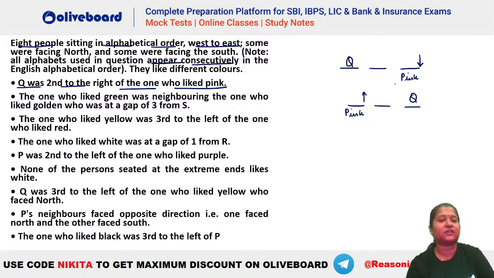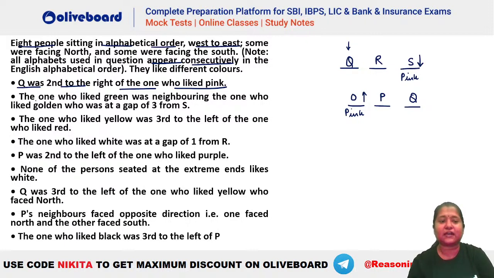Because Q has to be second to the right and we know that some of them are facing the north and some of them are facing the south here. ठीक है, अब अगर Q ये है तो you can see Q R S, right. इसमें भी देखो, because we know that they have to be seated in a consecutive alphabetical order. So M N O P Q, so O P and Q, right. तो ये दोनों अरेंजमेंट फर्स्ट हिंट से बन रहे हैं. Also we have this information, after this Q R S मिल गया.